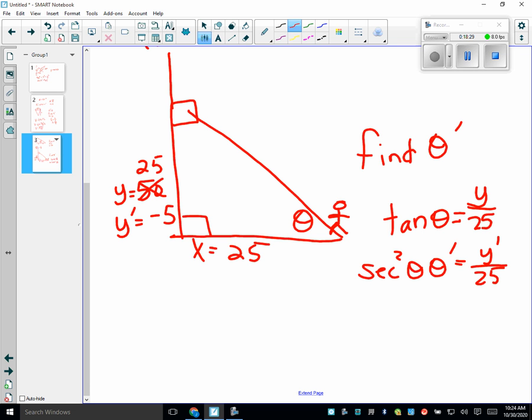So we don't know theta. Oh, we do know theta. Well, we find theta. It's like 1.5. Isn't this 25 radical 2? Isn't that like 35? Oh, we just do it like that. How do you do secant squared with a calculator, cosine? Whatever, cosine. Well, what I did with it is I said secant is